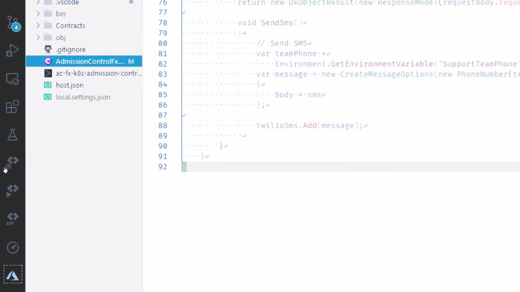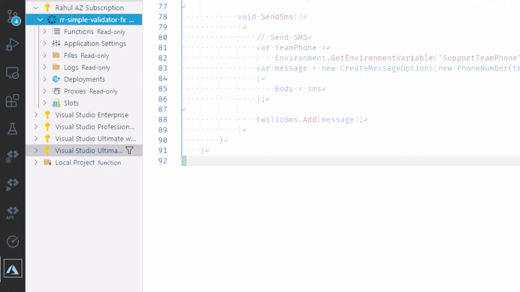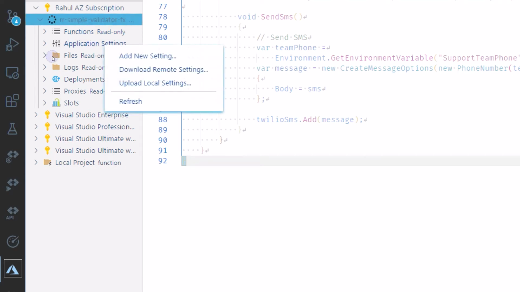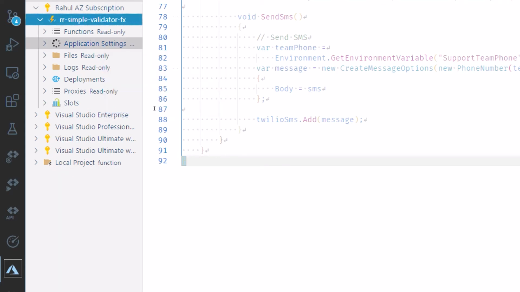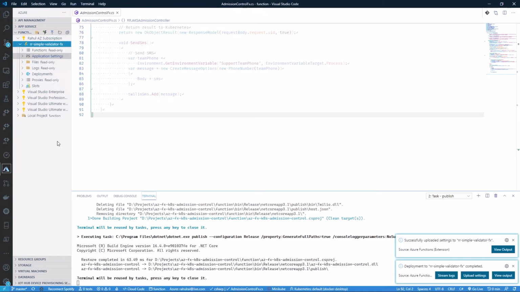However, you can deploy this file to your function by right-clicking on the application setting and selecting Upload Local Settings. It will simply pick the settings and apply them to your Azure function so that you don't have to manually go to the Azure portal and upload those settings yourself.